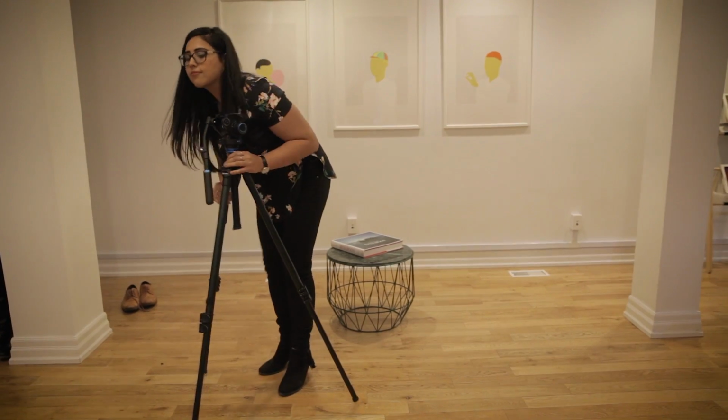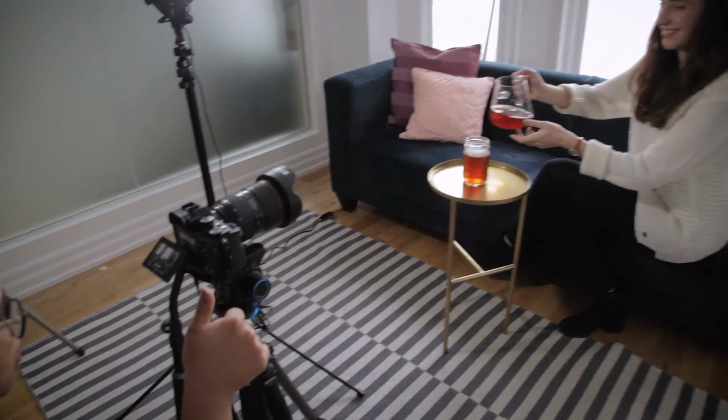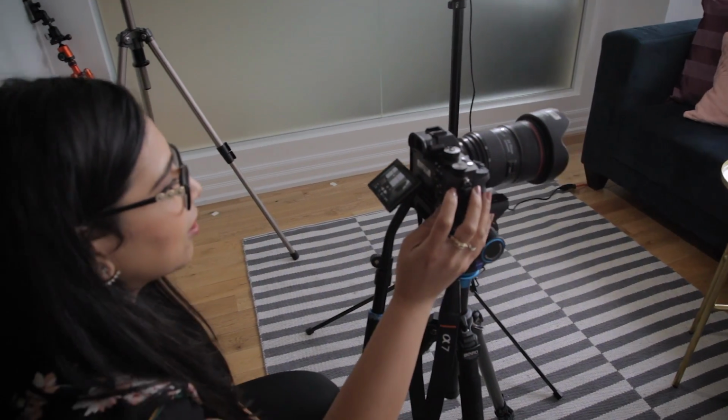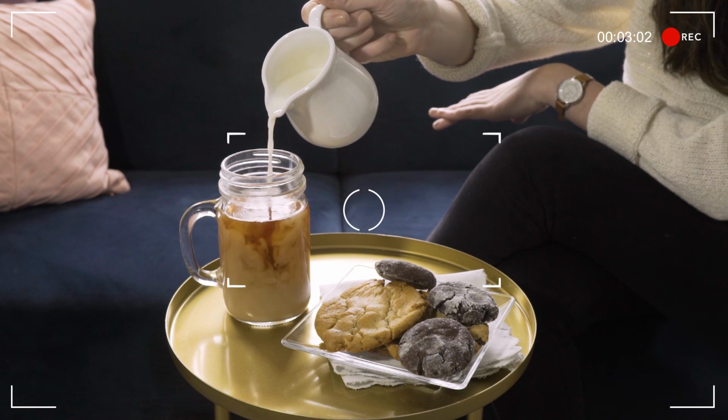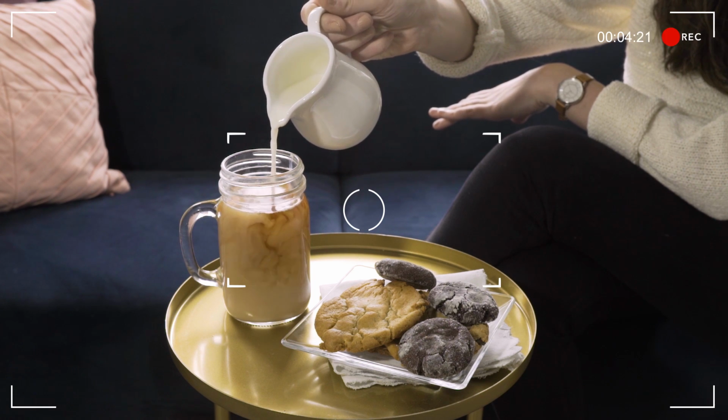I want you to create a cinemagraph that really focuses on the different types of motions that you can bring to life. Let's take a look at this product shot of milk being poured into tea. When working with liquids, it is important to try to get a consistent but visible pour while shooting your video. I've shot about 10 seconds of footage, and now it's time to import it into Cinemagraph Pro and start creating